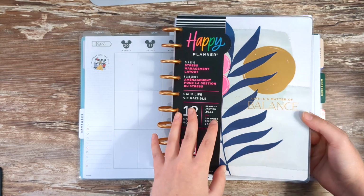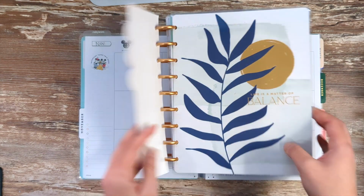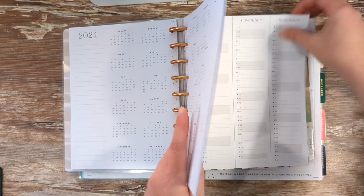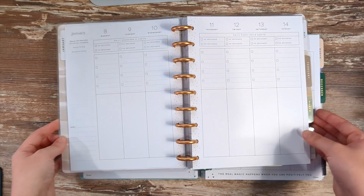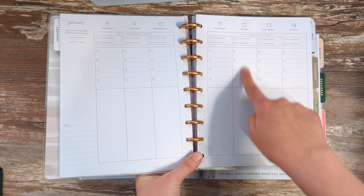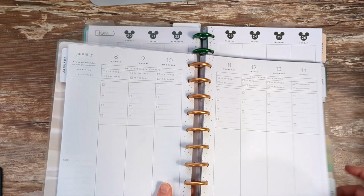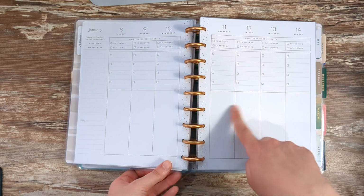This is the stress management layout. It's called Calm Life, and it's really nice because it's just a super simple spread. Looks like this. So this is where I'll be able to check off my wellness habits, like drinking water and the meds and vitamins like I was showing you. So that's where I'll write all of this stuff, my mood for the day,